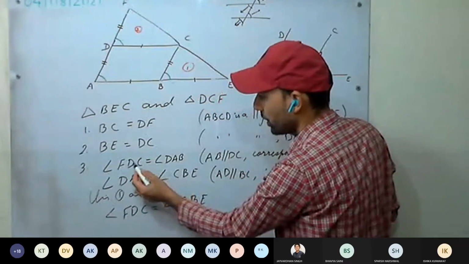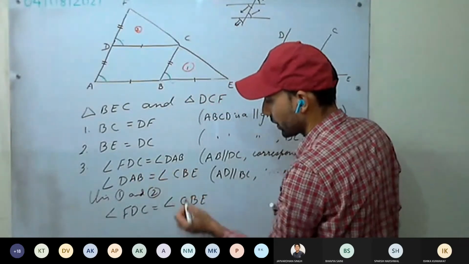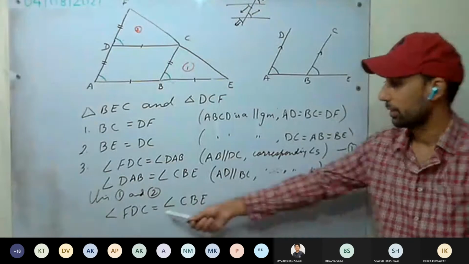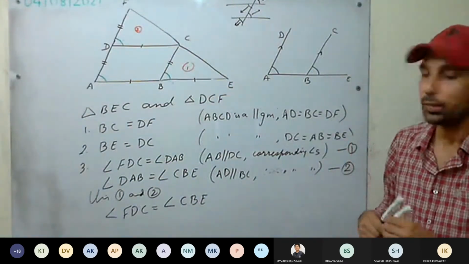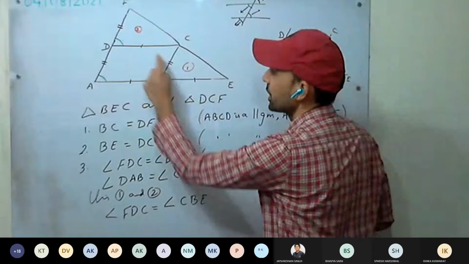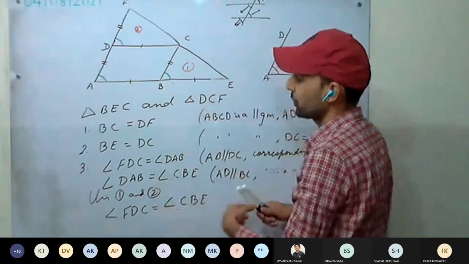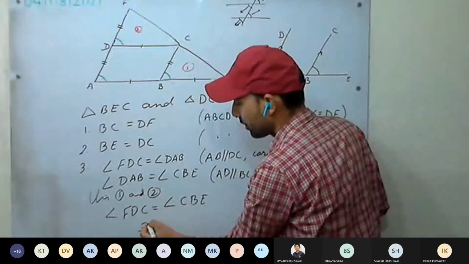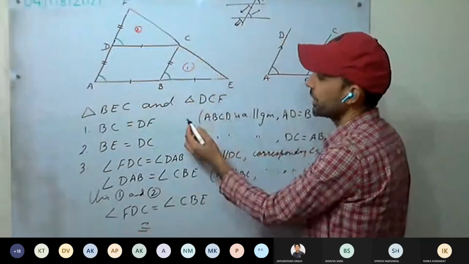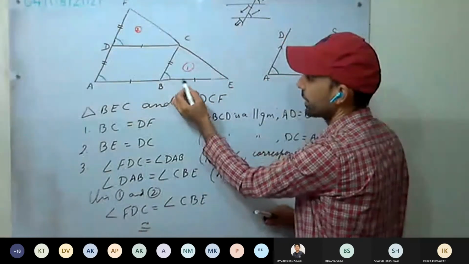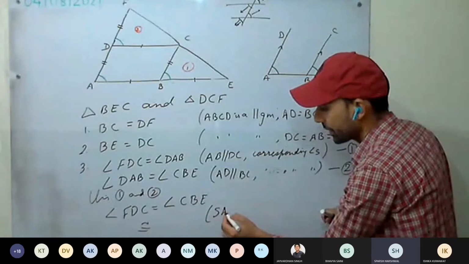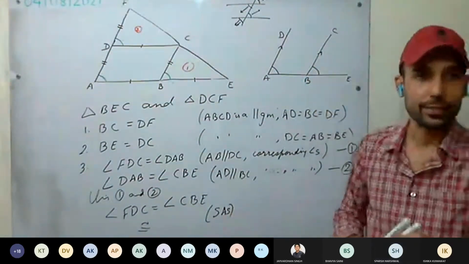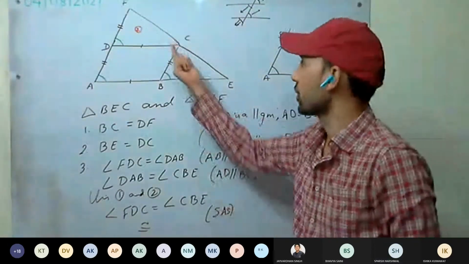We have shown this equal to this and this equal to this. It means this equal to this one. Okay. Is this clear? We have shown them to be equal. Yes, sir. These two are equal. So which theorem have we used to prove them congruent? Take any one triangle and see. Side, angle, side. So which theorem is it? Yes. SAS. By the SAS theorem, we have proved them to be congruent.